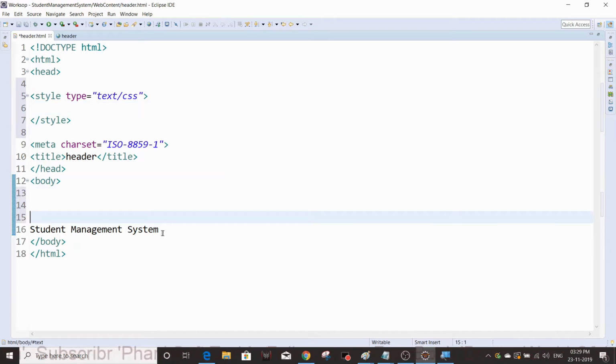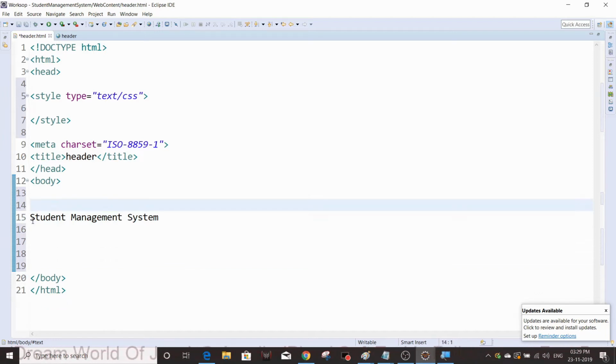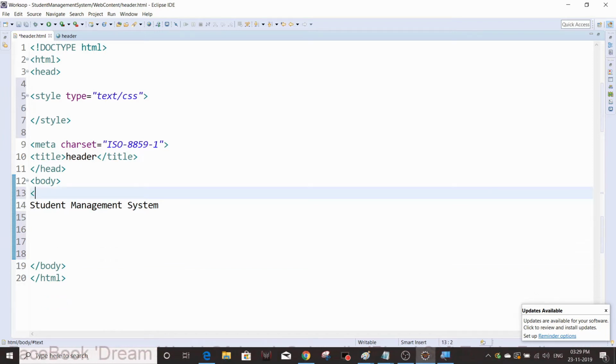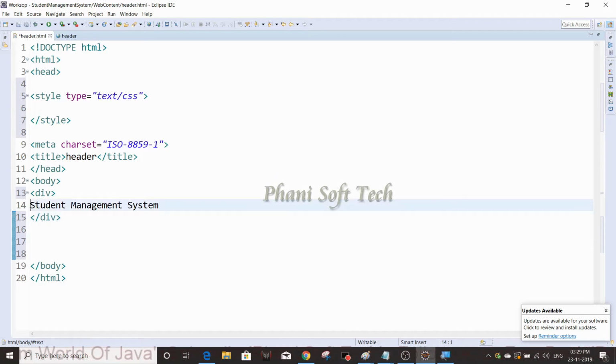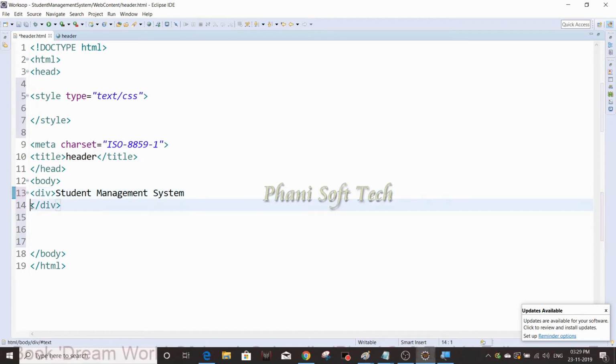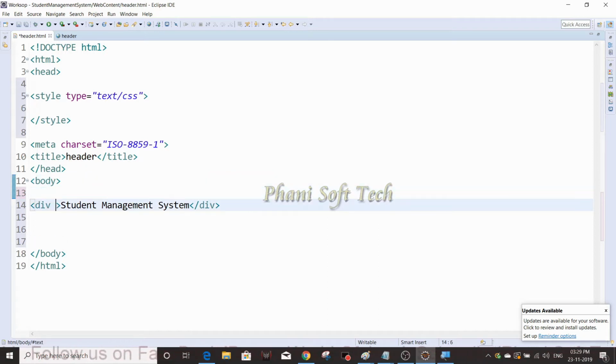If you're developing any web page, make sure you use divs. Divs means divisions. You can divide your entire web page into multiple divisions, which means some parts. That's why we are using the division tag. My title is going to be set into one division, and I'm going to give it a class or id.